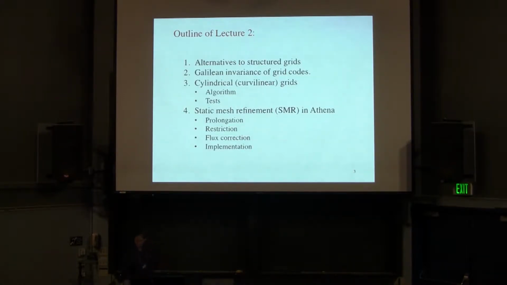So today, first of all, I want to point out that there's alternatives to using structured meshes. I want to say something about Galilean invariance of grid codes, because you may or may not be aware of recent interest in moving mesh methods and whether or not fixed Eulerian grid codes are Galilean invariant. So perhaps against my better judgment, I thought I would wade in and say something about Galilean invariance of grid codes. Then I'll, as I mentioned, talk mostly about cylindrical grids and static mesh refinement for the last part of